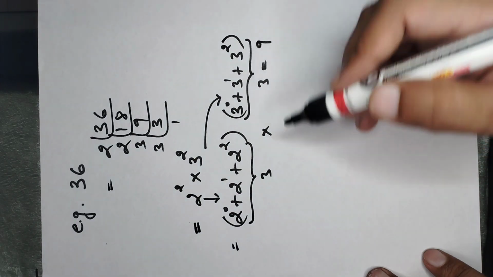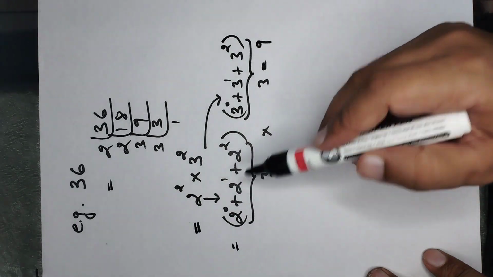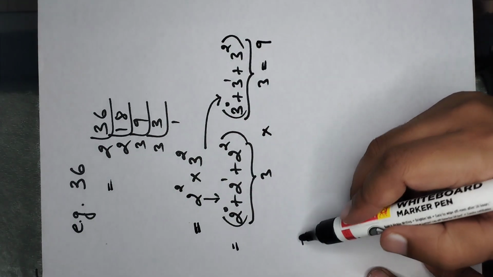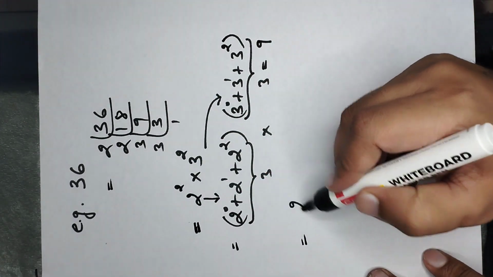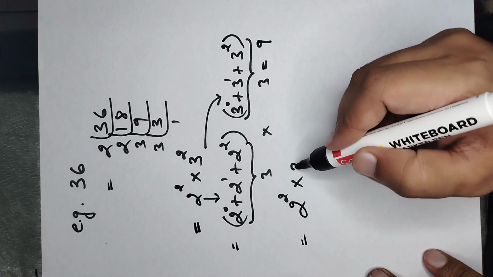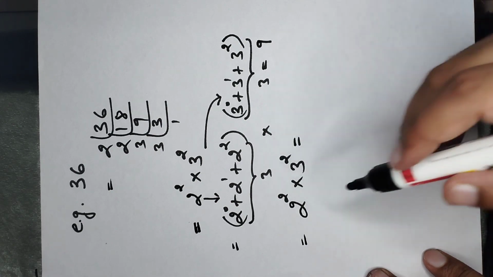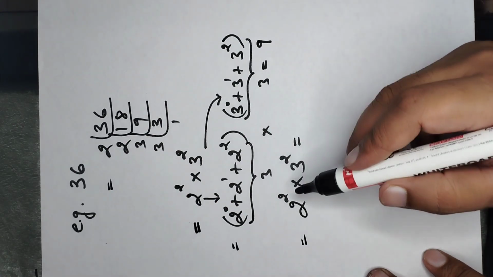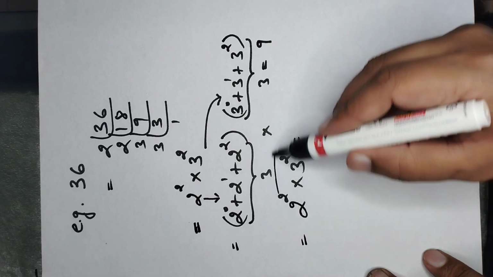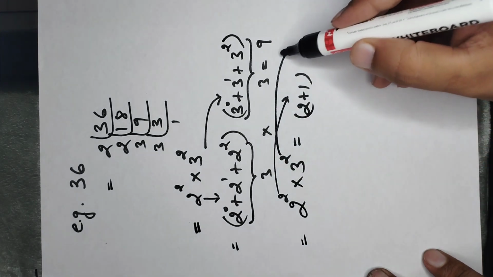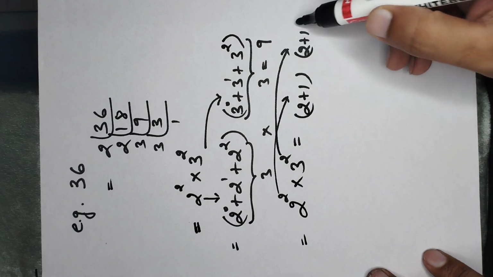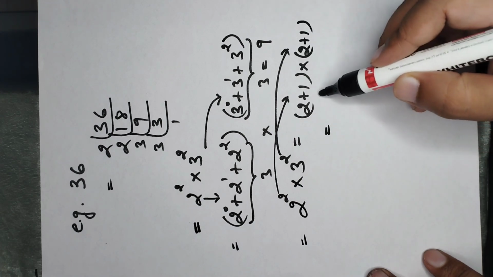Now how do we reach this conclusion? You don't have to do this every time. What you have to do is just see the powers on the numbers given to us. You can see 2 raised to the power 2 multiplied by 3 raised to the power 2. Now whatever the powers are, you just add 1 to them. I can write this 2 as 2 plus 1, and this 2 as 2 plus 1, and then simply multiplying them,